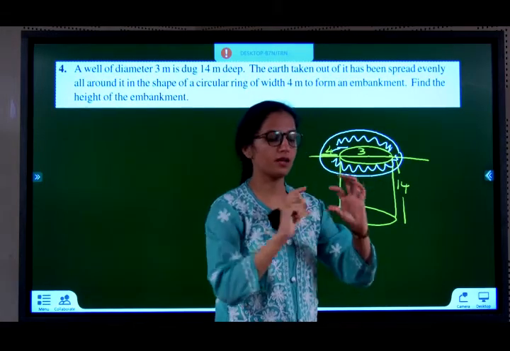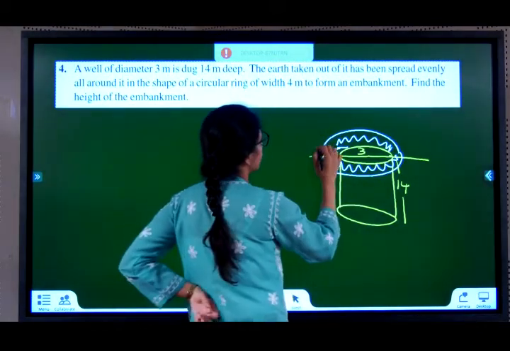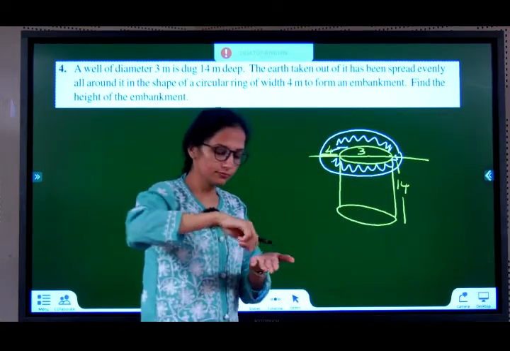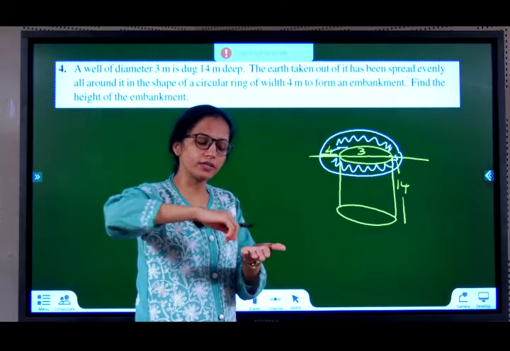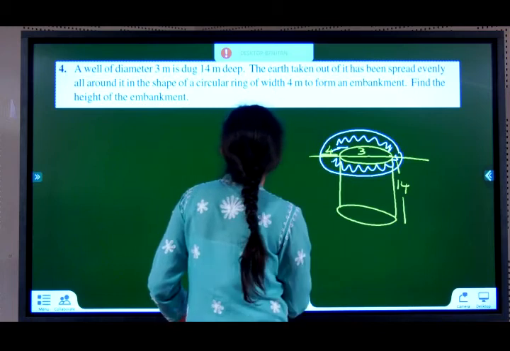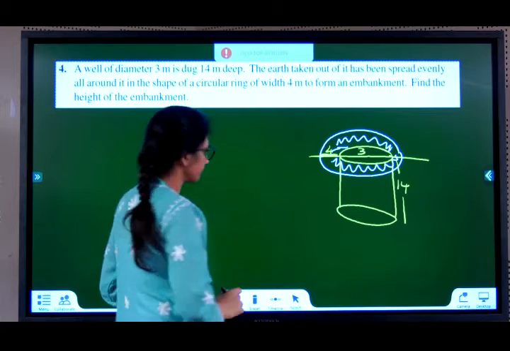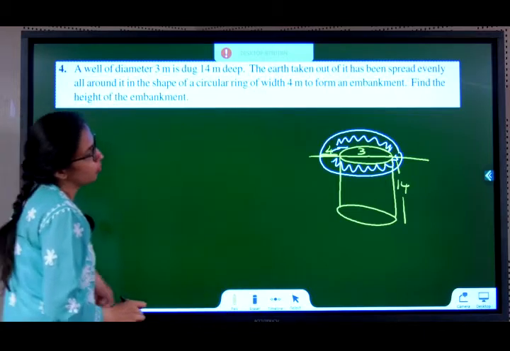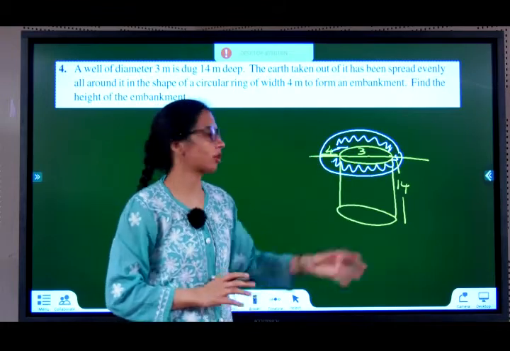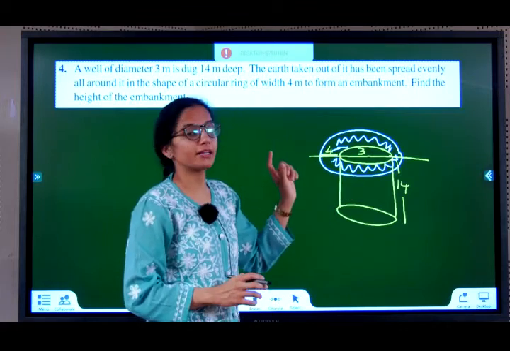To form an embankment, so I'll keep putting. So this part will form one kind of embankment. Yes, so this will be like a small cylinder. If I keep putting the mud around it, it will start building on the height. So this will form like a small cylinder. Find the height of the embankment. Volume of the mud dug is itself equal to volume of embankment. Agreed? Whatever mud I am removing, that only I am using to make the embankment.